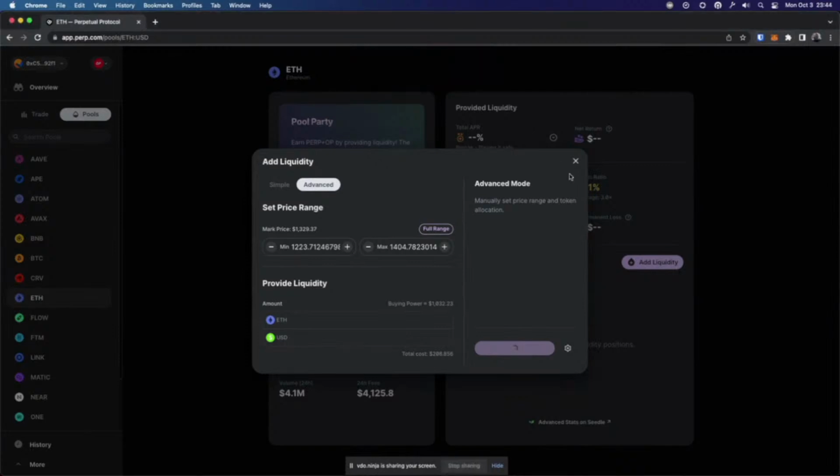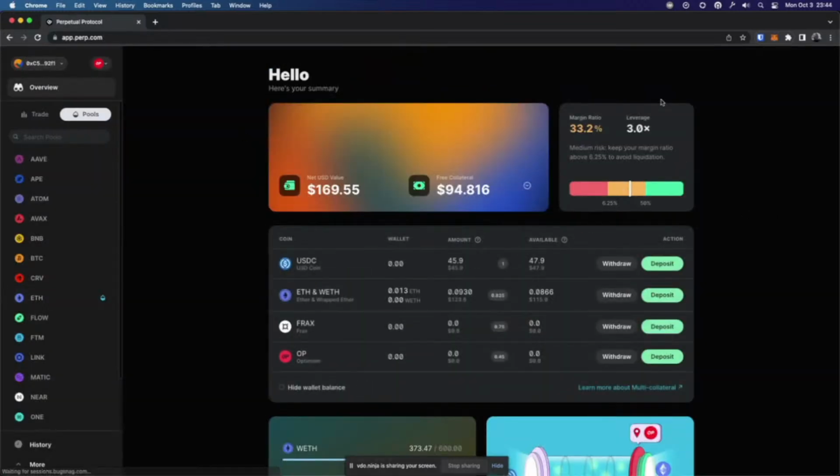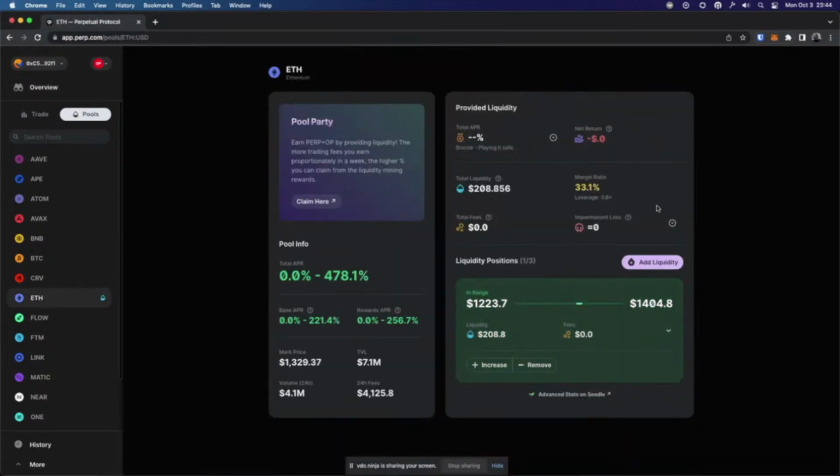All right, so let's go and see what this does to our margin ratio because we don't want to have too much. I think it changed colors on us. So I may end up having to push a little bit more funds over to this. No, good. It didn't bump it hardly at all. Perfect, perfect, folks. So, all right, now we are providing liquidity right in the middle of our range,